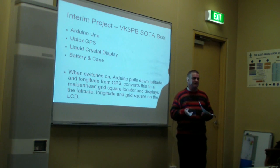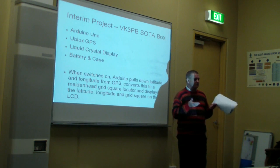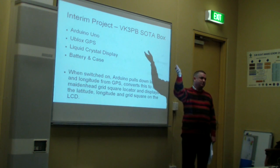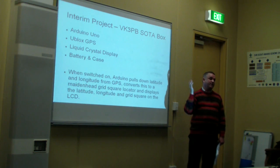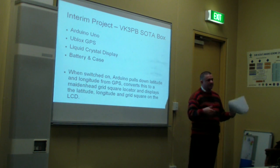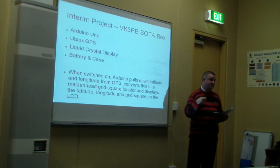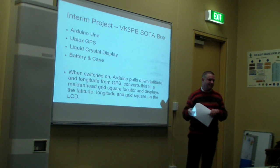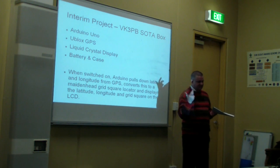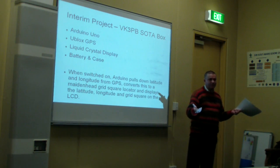The rationale behind this is that if you ever do SOTA, which is Summits on the Air, you go up to some mountaintop, let's say, I don't know, Mount Ararat or wherever, and you typically will give your grid square locator when you're doing your voice communications. But how are you going to get your grid square locator? You might have to do the calculations and everything at home. So this makes it easy. You just flick the switch on, and lo and behold, the box tells you where you are and what your